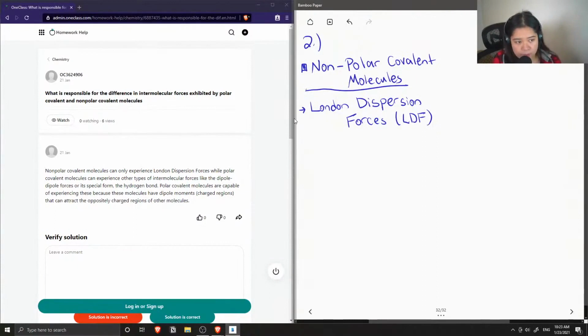And what London dispersion forces are is they are the weakest intermolecular force,